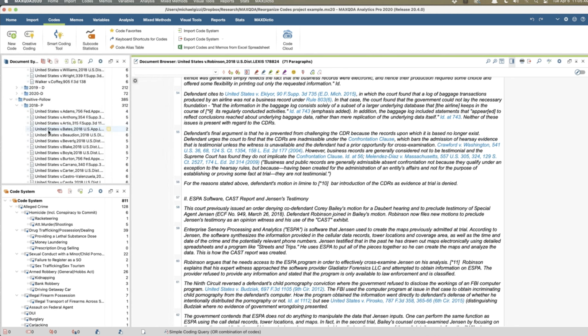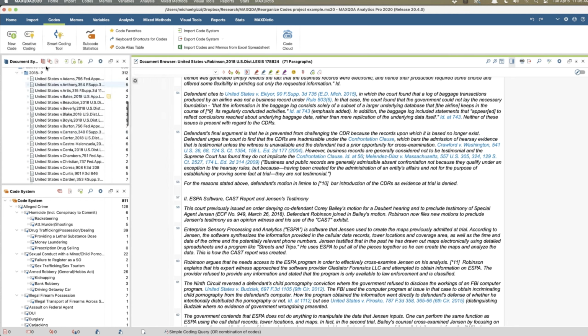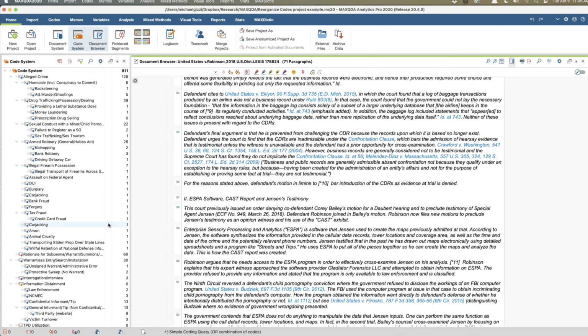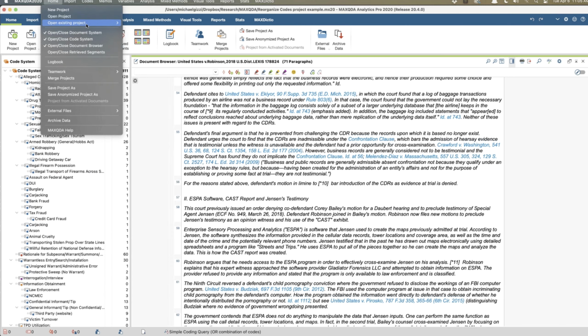It's what the book chapter deals with. I'm going to turn off this document system. What I've done is I've loaded up a really early version of the project. It doesn't have all the cases. It's not fully coded. But what you'll notice here is this is kind of messy. This is really kind of messy. Let me show you the final version.